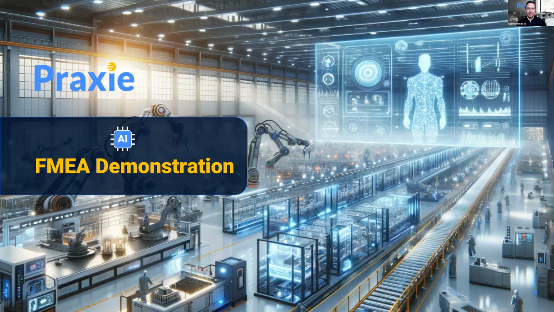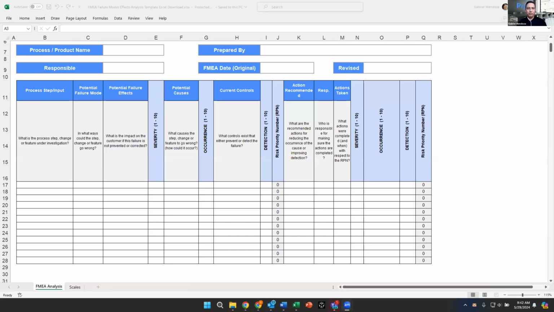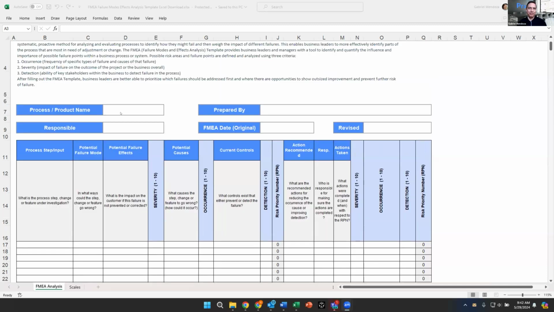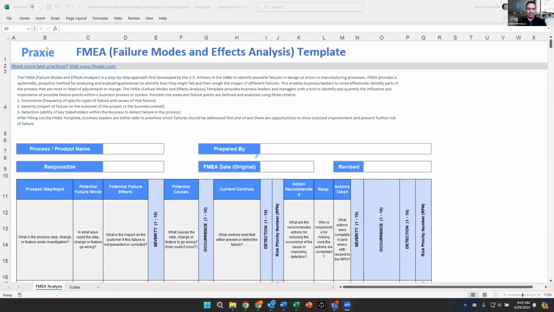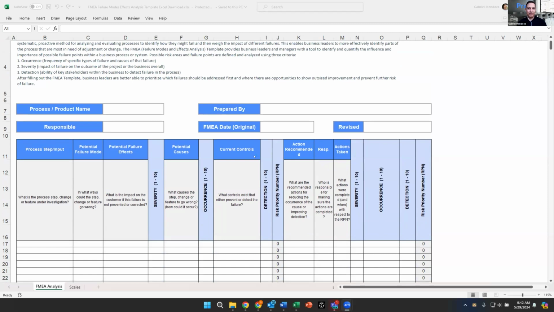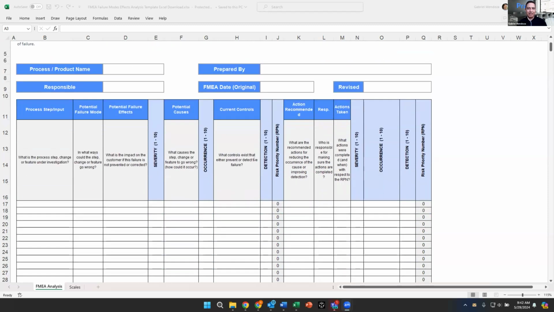Awesome. Thank you very much, Michael. I'm going to share my screen. And I'll start with what Michael just mentioned. Many of you probably have seen this template, if not this version, something extremely similar. We have this version, but if you just search the internet for FMEA, you're going to get a template very similar to this one,